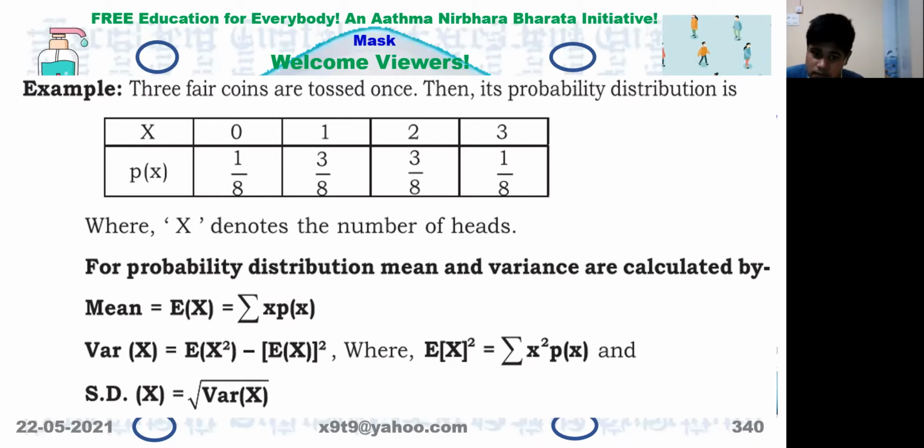So you try to think over and write all the possibilities you can get there. Practice that one and go through this again. This problem you do it again, writing the table in the previous type, so that there will be only one pattern you will remember and it is easy to write also in the exam. So instead of f, we are writing P of X in the previous table.